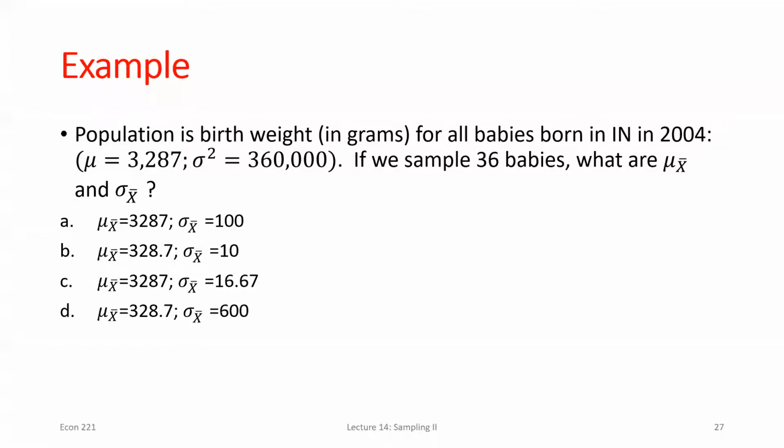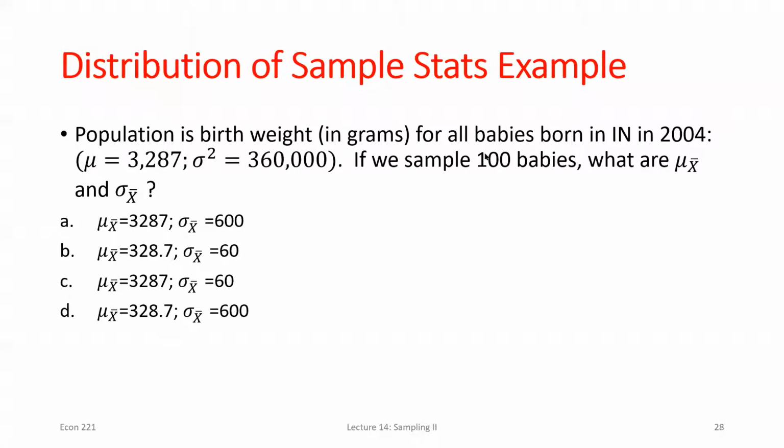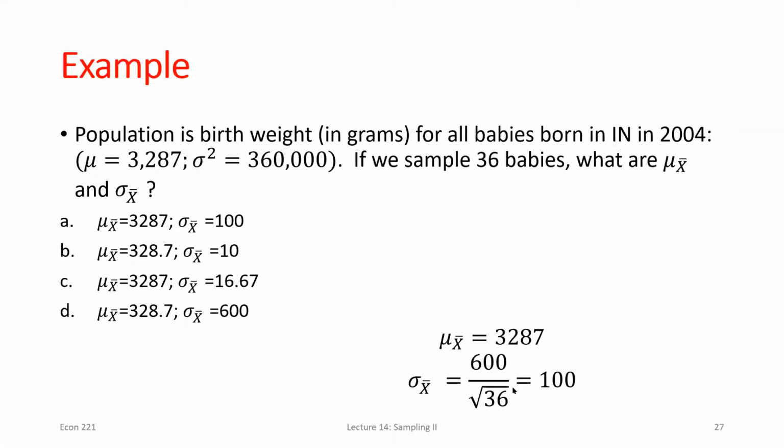Now, it switched. So I could go through and calculate that. Sure enough, I get 100 as my standard deviation, and 3,287 will be the mean of my sample means. What if I have the same setup, but I now sample 100 babies? Well, if the standard deviation for the distribution of my sample means of size 36 was 100,